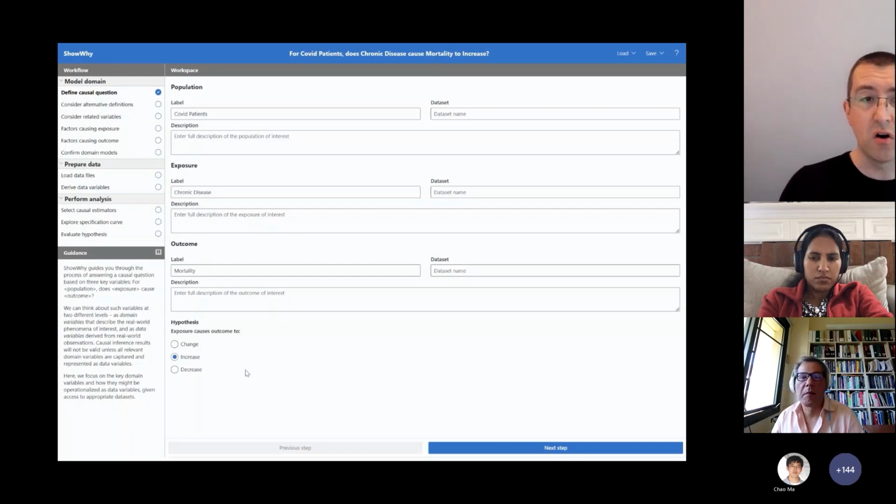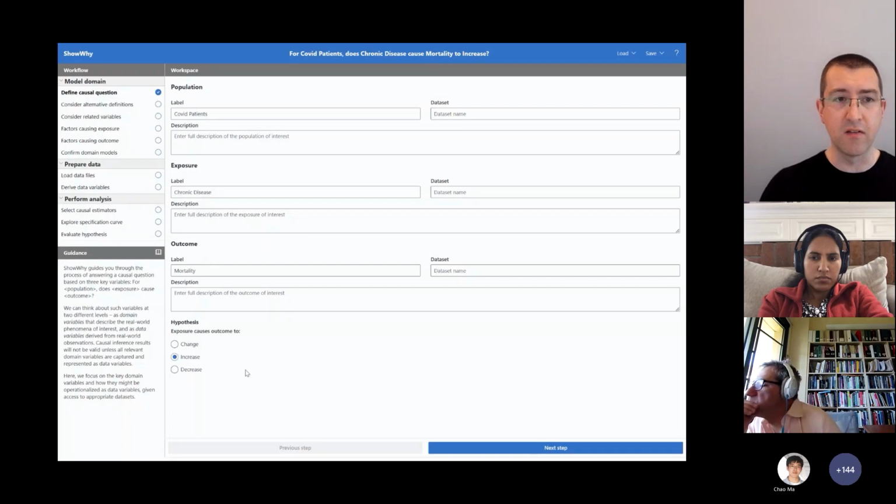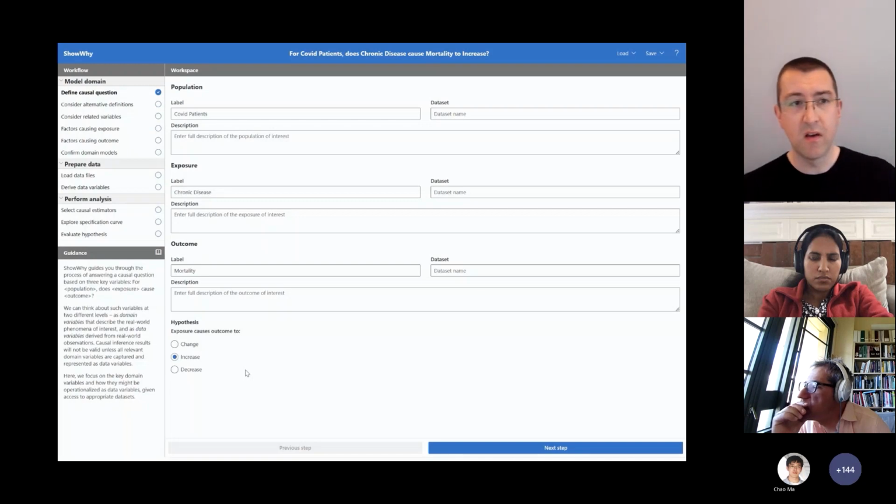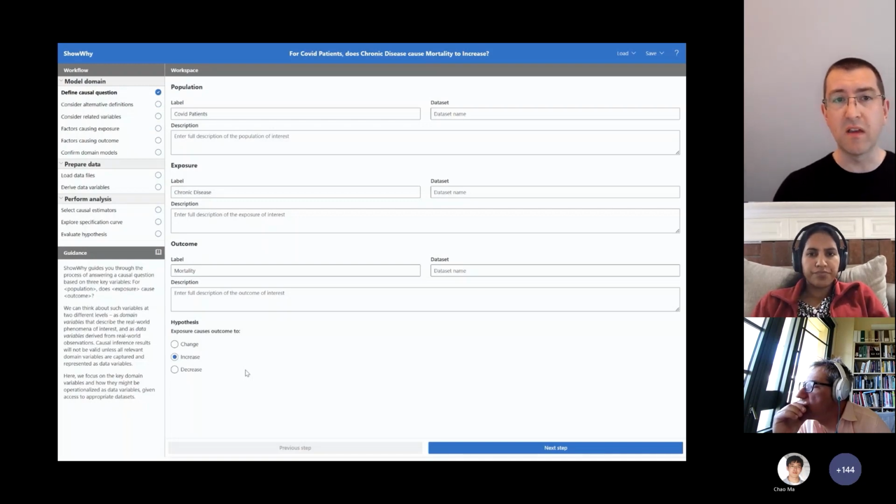Now it's time to choose our estimators. These are presented in bundles at the moment, broadly along the lines of DoWhy and EconML. We can indicate whether we want confidence intervals and how many refutation tests we'd like to run for each of those estimates. And then, behind the scenes, using Azure functions, we're computing these estimates in parallel and streaming the results to the client.